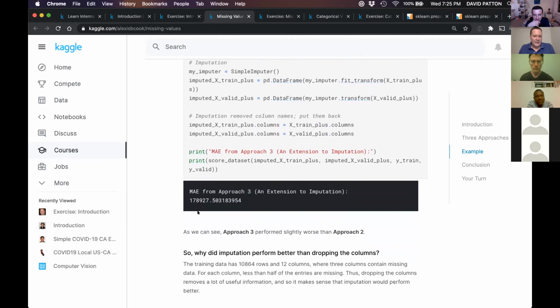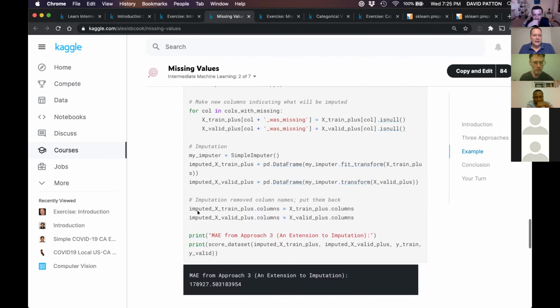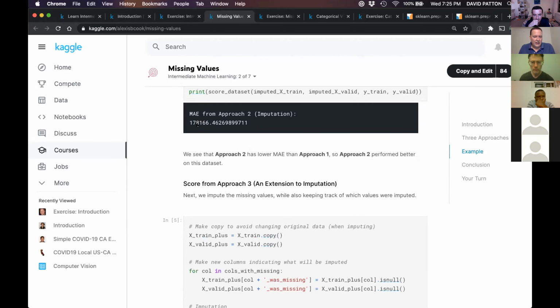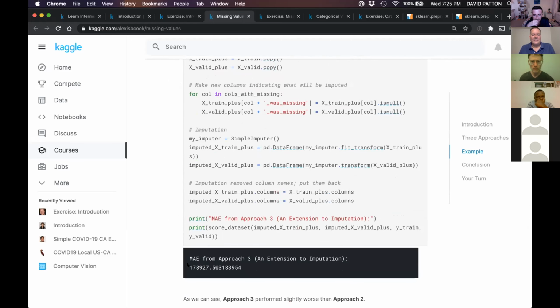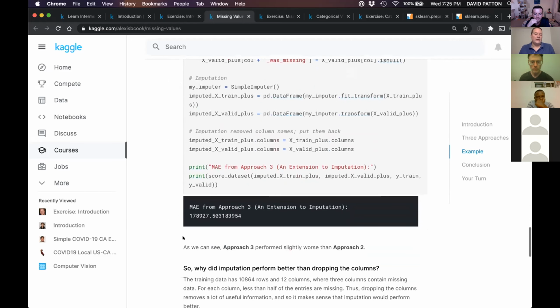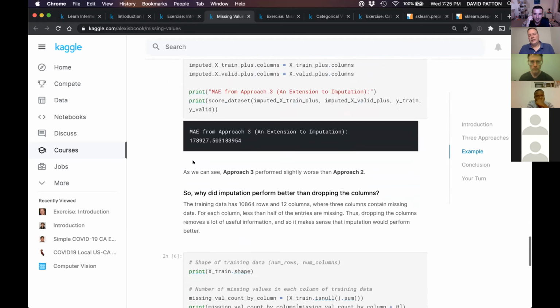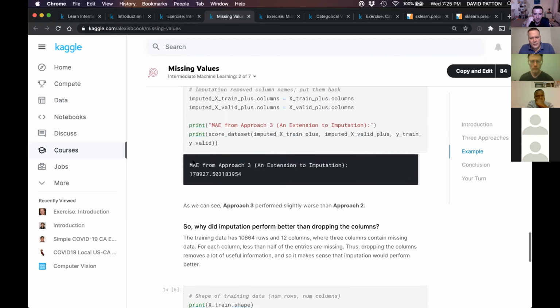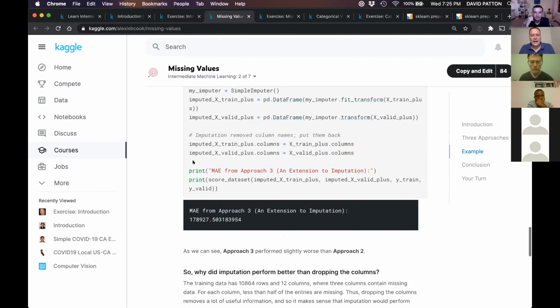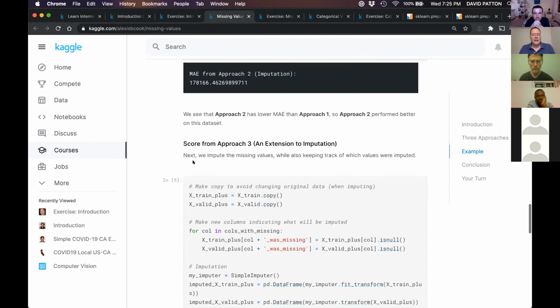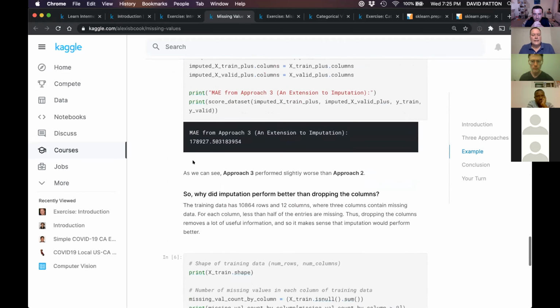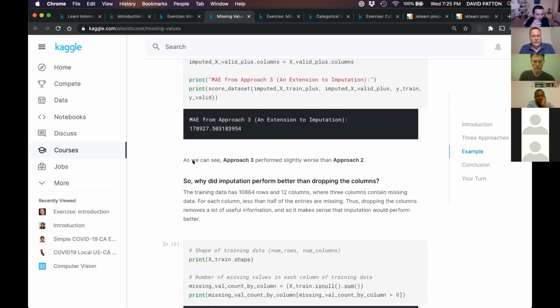And it gets 178, which actually, if you go back to the prior, 178, 166, and here it's 178.97. So we're slightly worse actually. In this case, it did not improve our results, which is an interesting feature. I actually think it has a little bit to do with the fact that we used, well, we'll see it in the exercise, but I think we used a pretty small random forest number of trees. So I'm not sure, but I would like to test that.